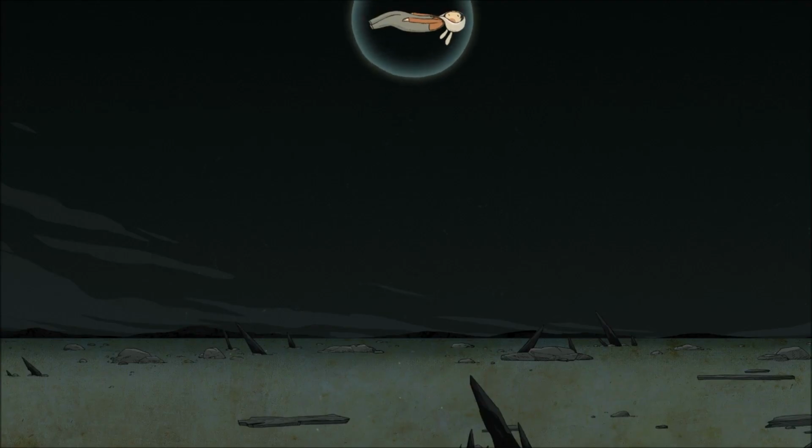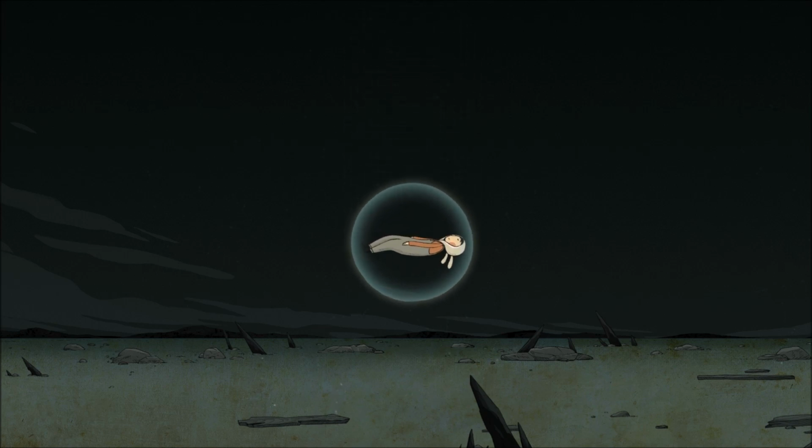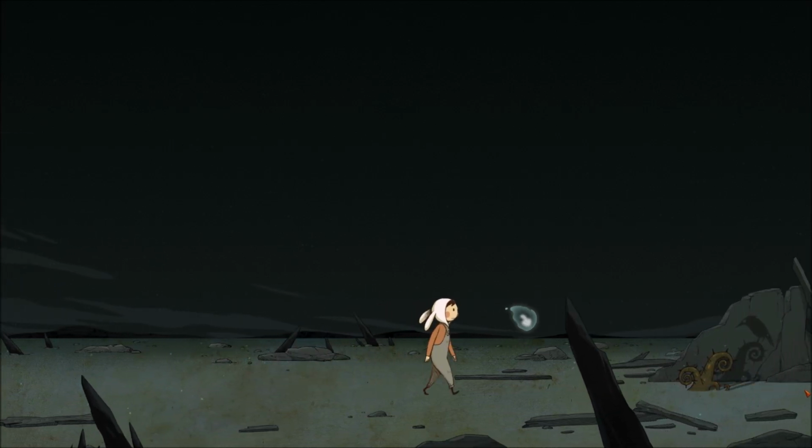It can also result in confusion, because I don't quite understand what's going on. We have a human which is falling down onto the moon, maybe? And then we have a blue fire or something guiding the human. Very curious. Well, here at the start of the game, what you want to do is go to the right,